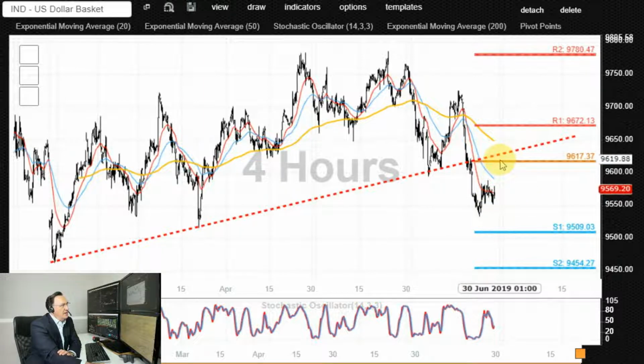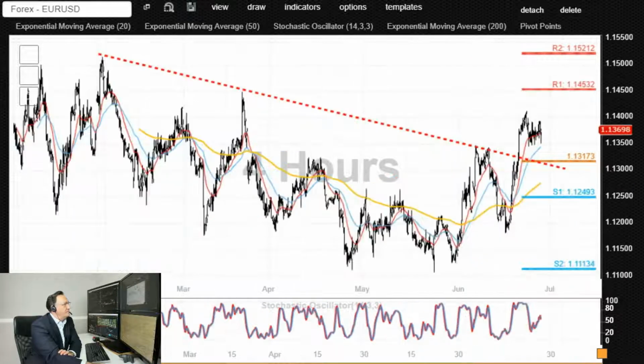Only a spike higher and an end of day close above 96.17 and a retest of that level from above as newly found support could change the bearish outlook, potentially targeting additional upside resistances towards 96.70, 97, possibly even 97.50, 97.80 to the upside. Euro dollar is looking like a fairly decent bullish breakout above this falling resistance trend line,